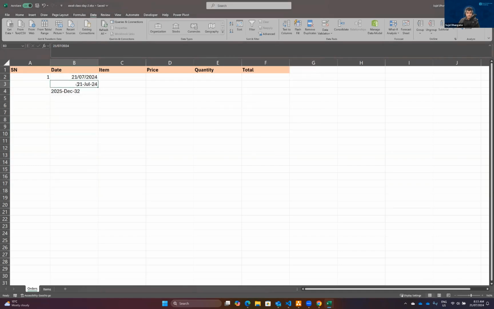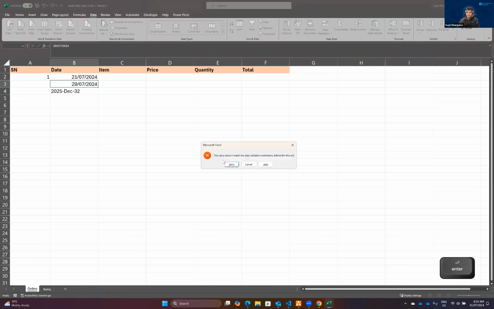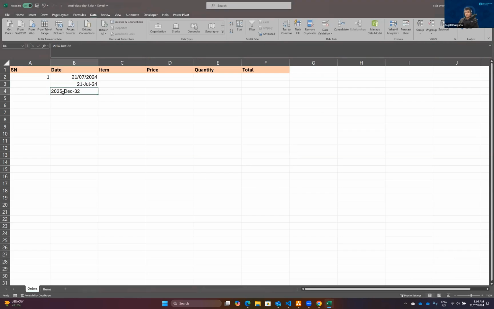I think it did. So now if I try to put in something like 29/07/2024, it will give me an error saying that the value does not match the data validation restriction defined for this cell, which means it won't allow me to have invalid data in here, right? So if I pass in 21/07/2024, it will be fine because that's today. But even if I try to put 22/07/2024,